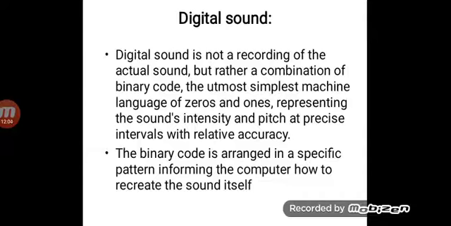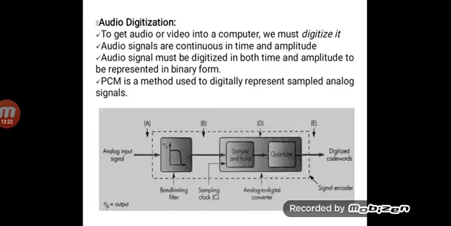So what do you understand by digital sound? It is nothing but the sound information or audio signal information which is available in the analog domain, converted into the digital domain. So all the audio information which is available in the form of ones and zeros is nothing but your digital sound, and this is how we digitize an audio signal,